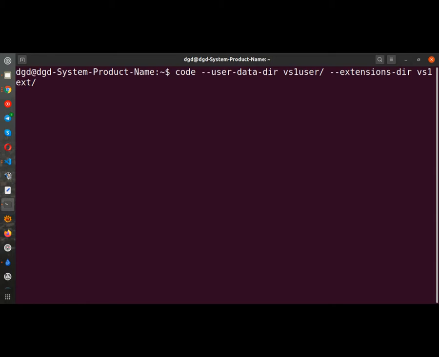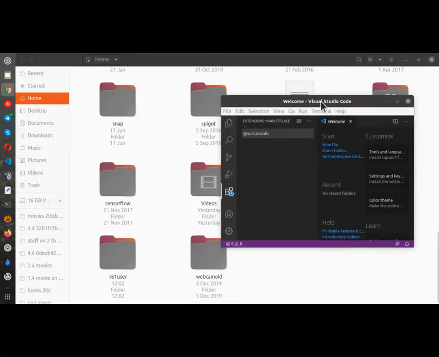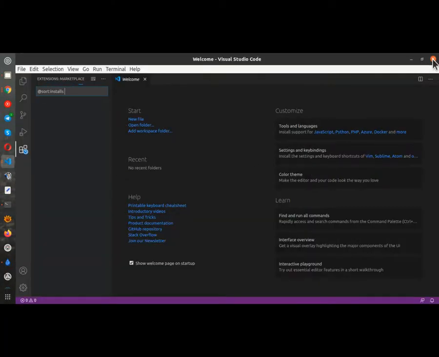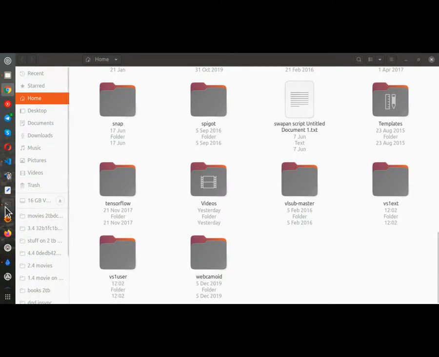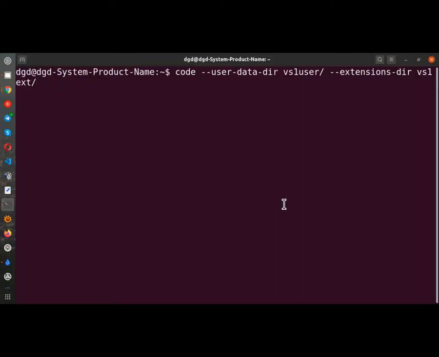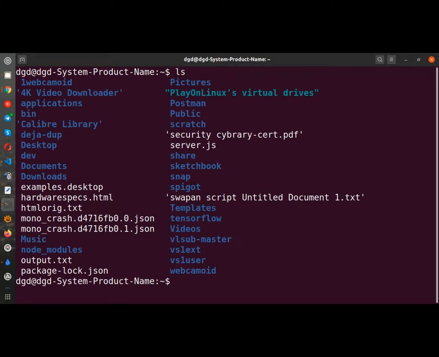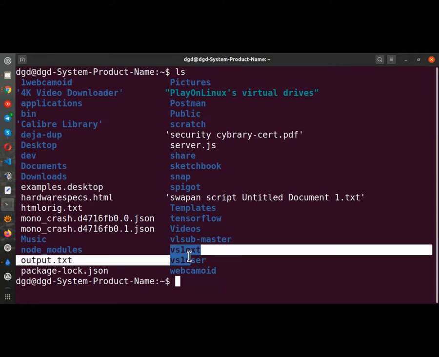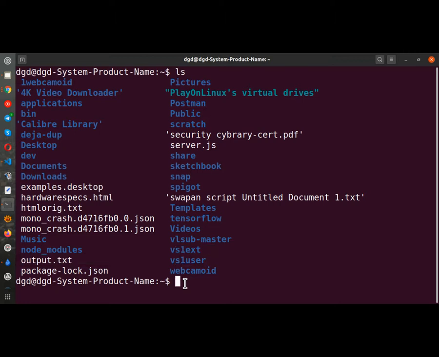And that was the code I ran using VS1 user, fresh user data directory, and extensions directory. I went ahead and did that. And then actually let's go ahead and restart the whole process so you can see it. Code, it's actually ls, so you can see I've got a VS1 and a VS extension and a VS user, and you said